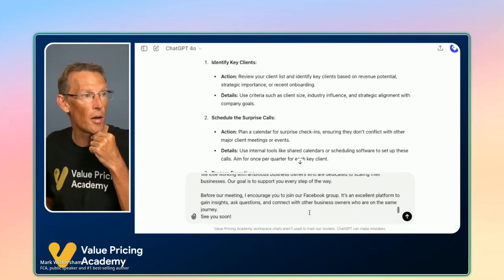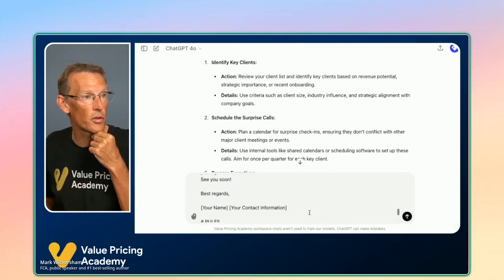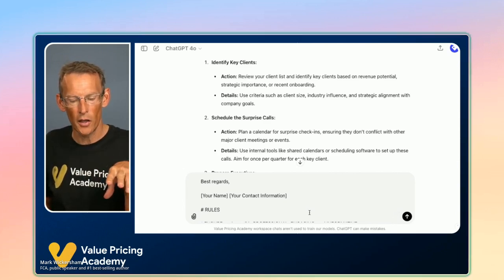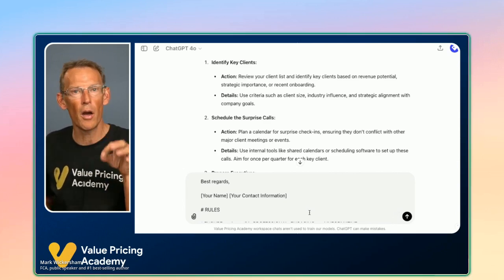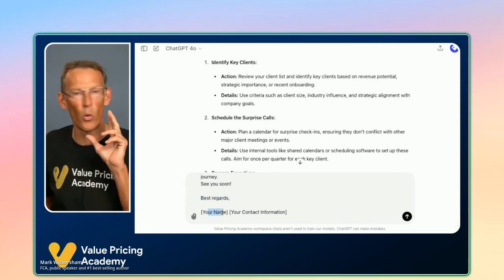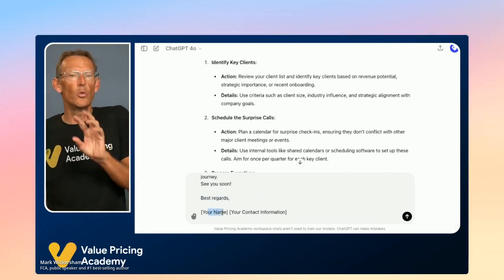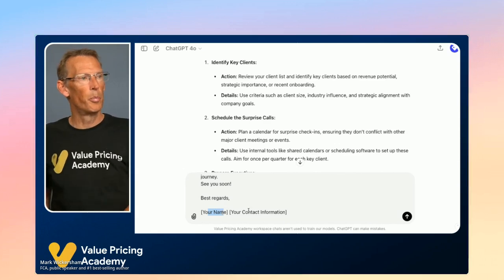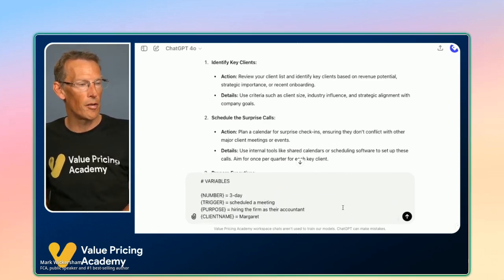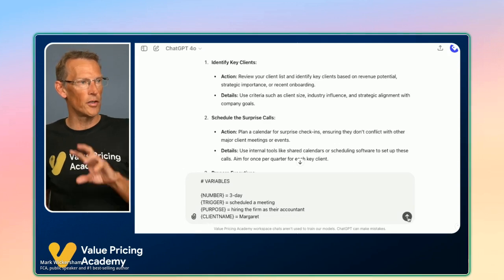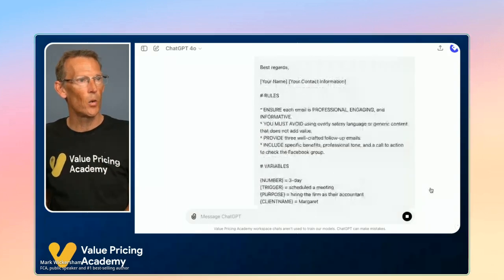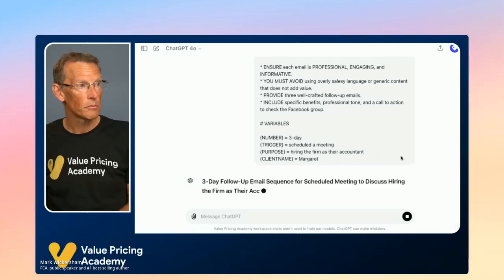I have a third example that I've just put into the prompt, because now whenever I'm using this to write email campaigns, it knows my writing style. It knows I sign off as best regards, Mark, or whatever you might well be. You do not have to have examples, but they're really, really powerful. Then I have my rules, then the variables. So let's have a look at this 3-day email sequence when somebody books a meeting. Let's see what it does when we click this button.